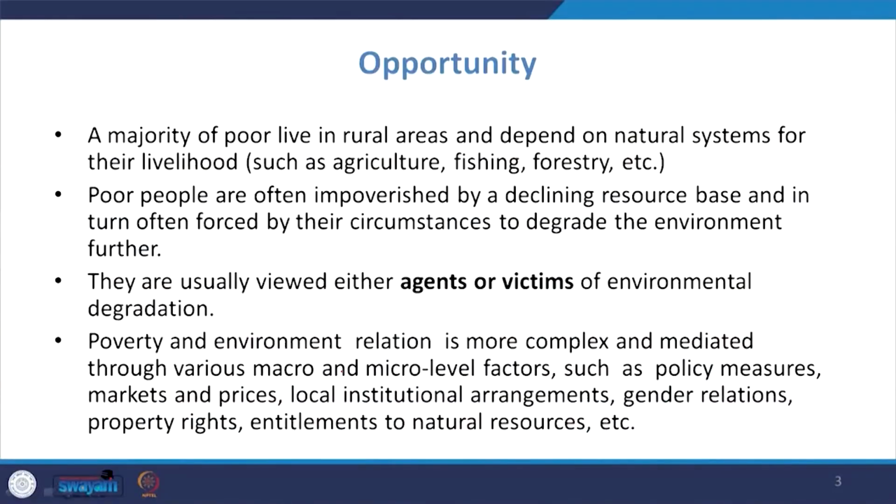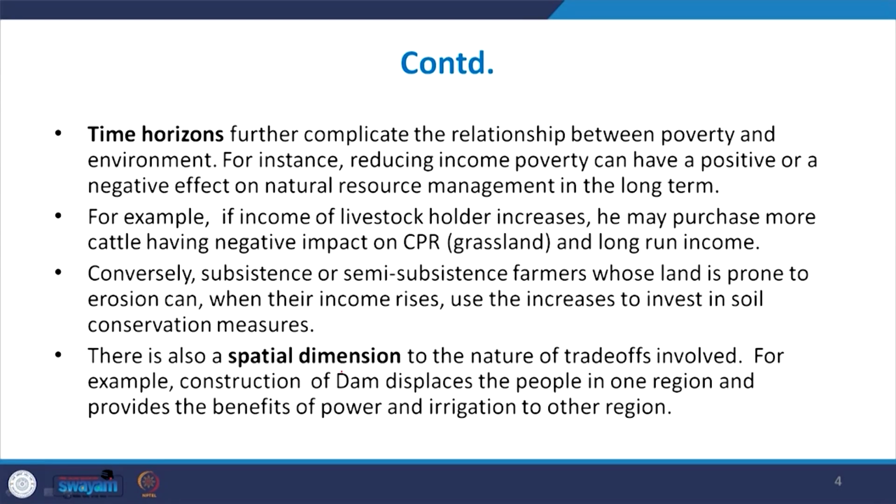So, I started in the preceding lecture opportunity, and I also discuss here that poor are considered as agent as well as victim of environmental degradation, and here when we discuss the relationship between poverty and